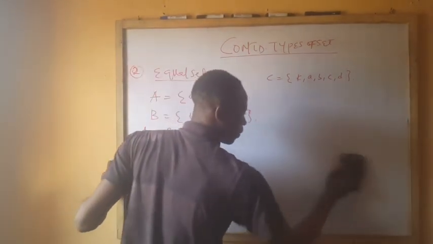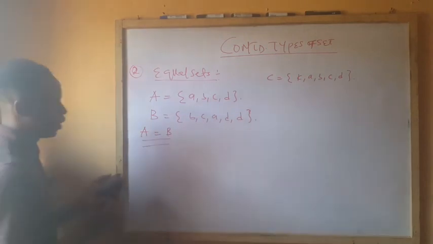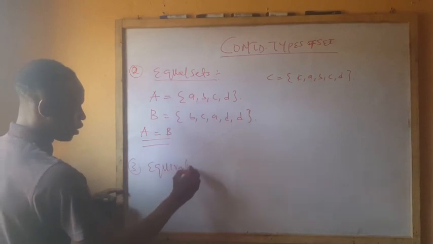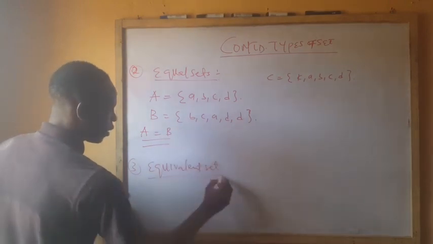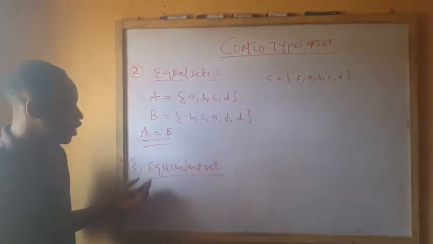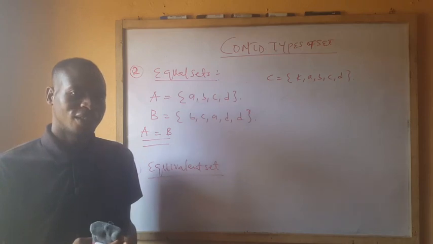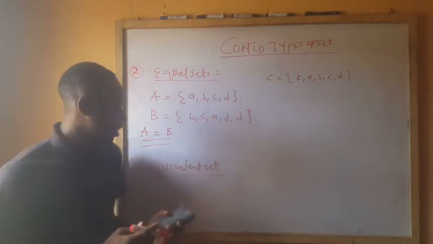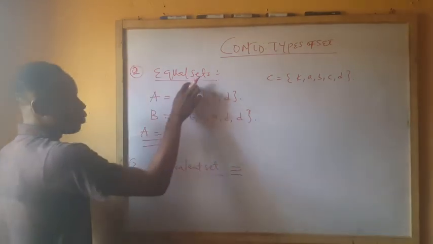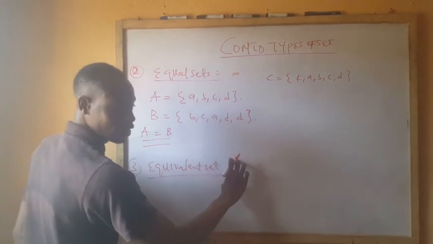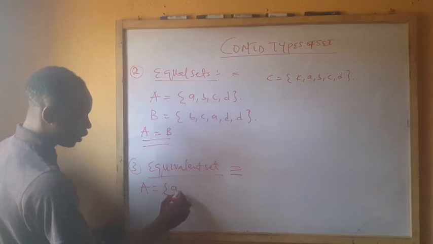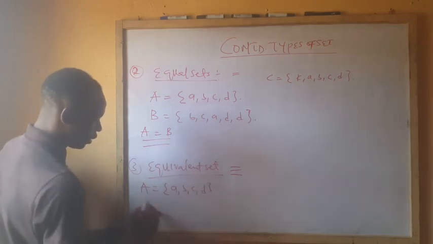So let's take the last one here. Let's take number 3. Equivalent sets. Now, sets are said to be equivalent if they contain equal numbers of elements. They are denoted by this sign, equivalent, while equal is denoted by this sign, equals. This is the equivalent sign. So let's consider a set here. Set A to be A, B, C, D, and set B to be,